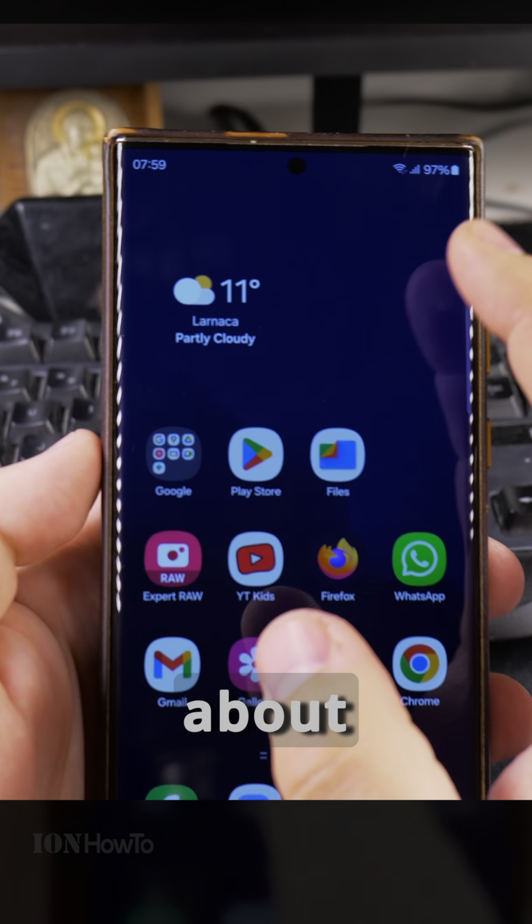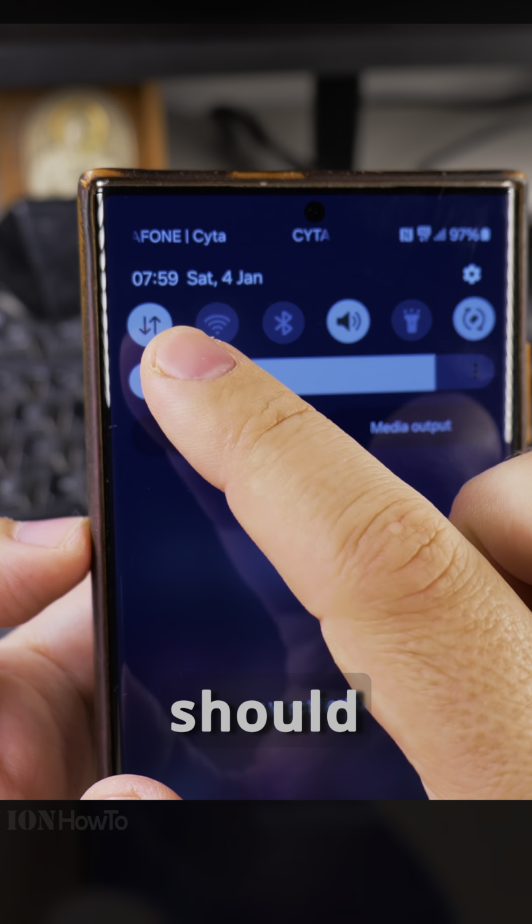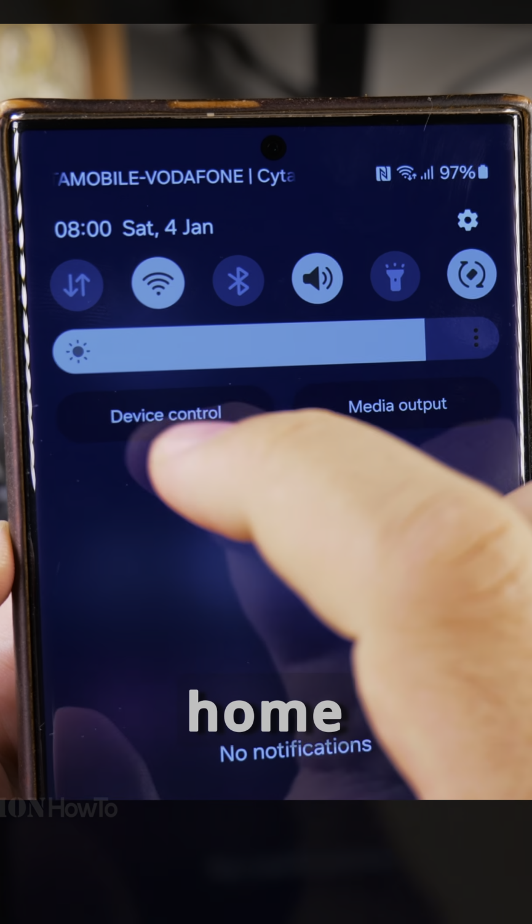Let me know if you have any questions about 5G and how 5G works, and if you need to disable the 5G when you're at home on the Wi-Fi, or you should enable it. I believe you should disable the mobile data when you're at home, only to prevent